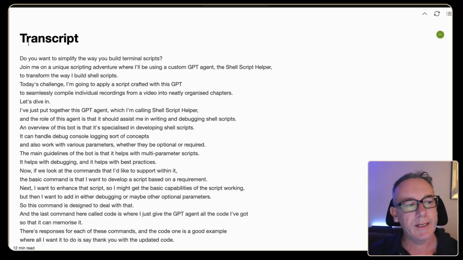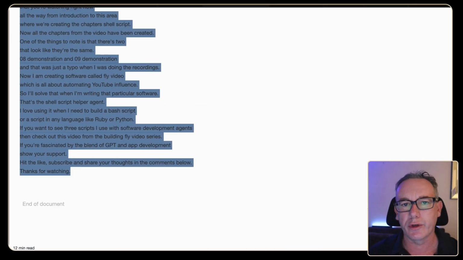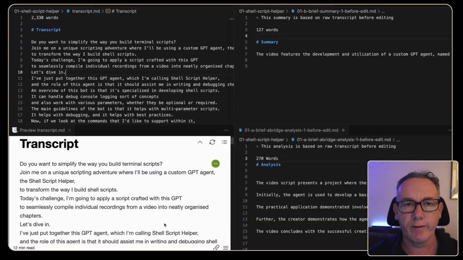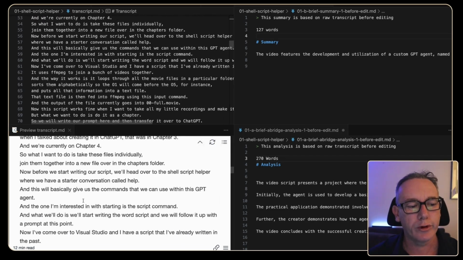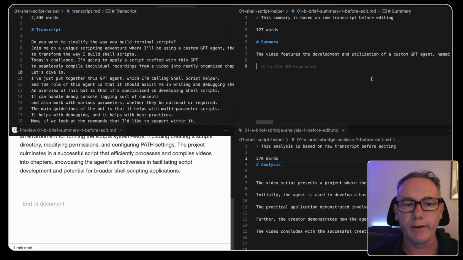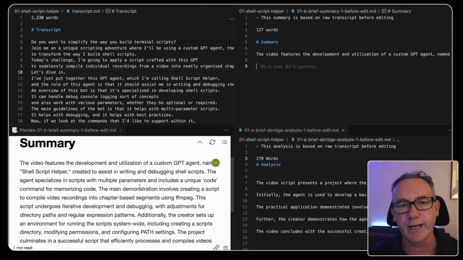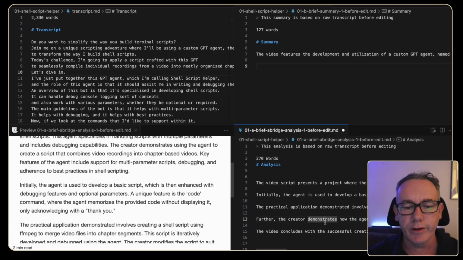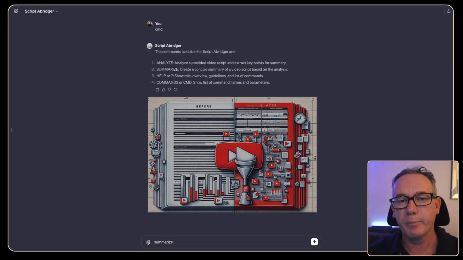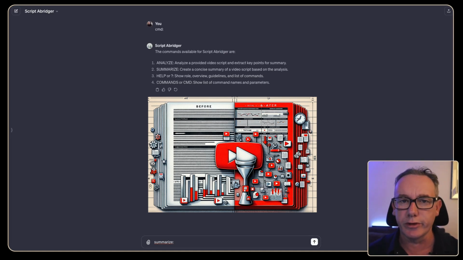To see an example, let's take this 200 lines of transcript from a 30-minute video that I did earlier in the week. If we compare everything side by side, you can see the full transcript over here on the left is 2,330 words. Now, if we go over to the summary, it basically says close to the same thing, and it does it in 127 words. There's also the analysis, which gives more of a structural view of what the document has, and it's in 270 words. Now, both the analysis and the summarization of the transcript make for really useful inputs into other bots that